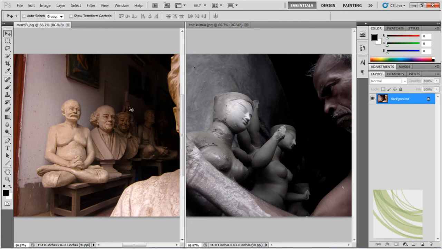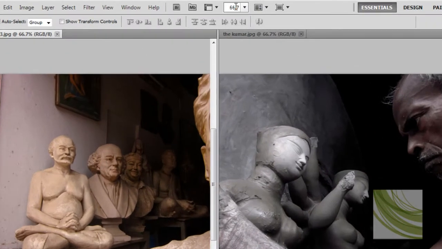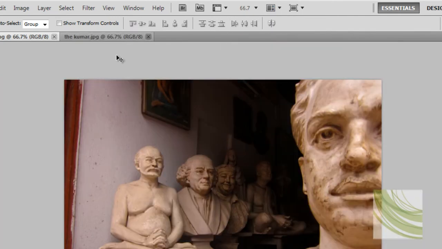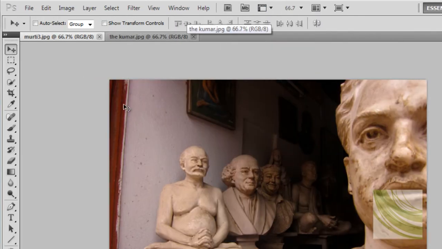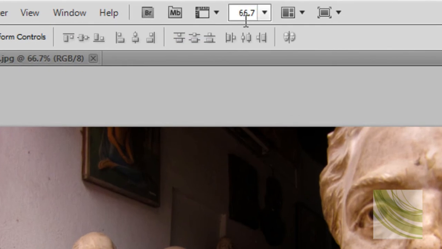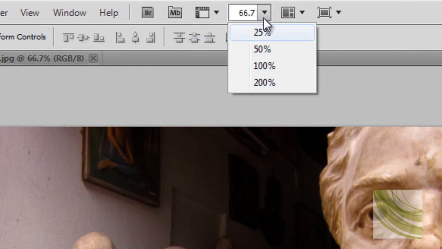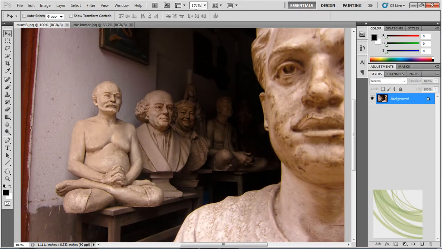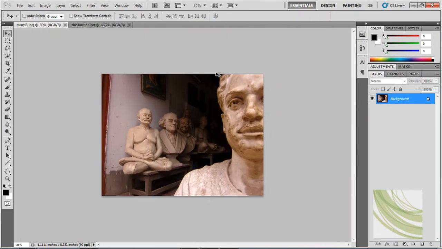The other way is that you might have the same image and you can open it into multiple windows and compare them. Anytime you want to go back to the original, whichever file is active, if you click on a single view, that view will be the one you see when you go back to a single window. Here as well we can see different amounts of magnification. So you can choose a particular magnification from here.